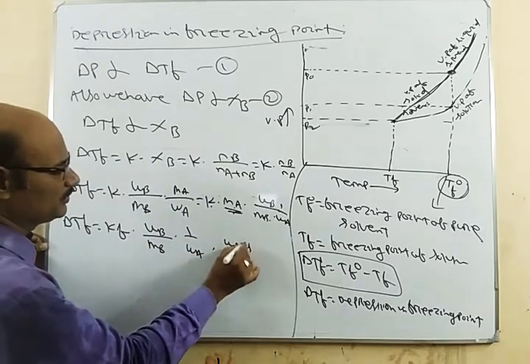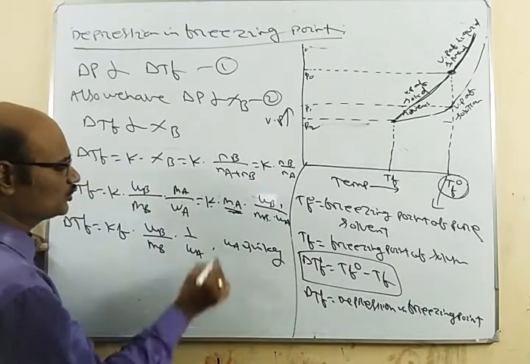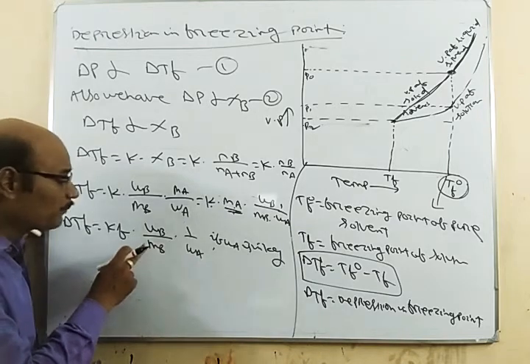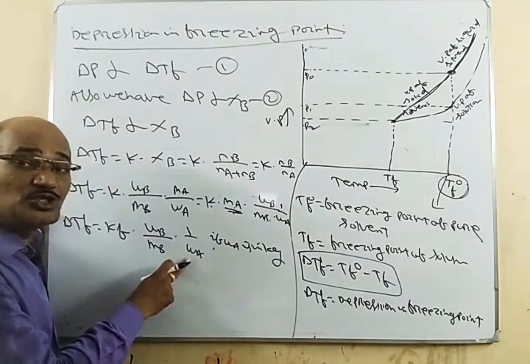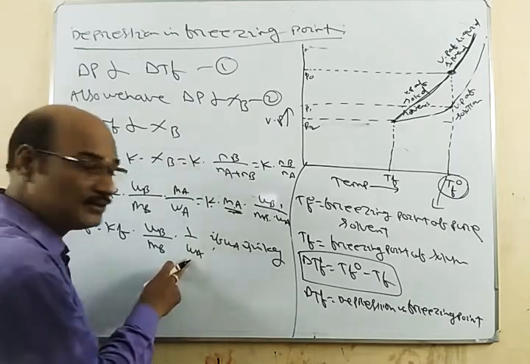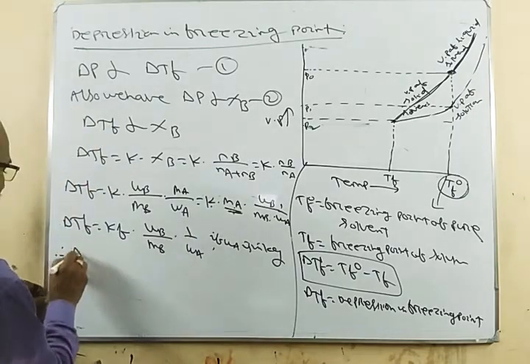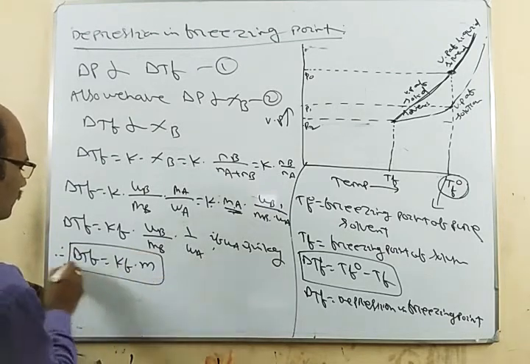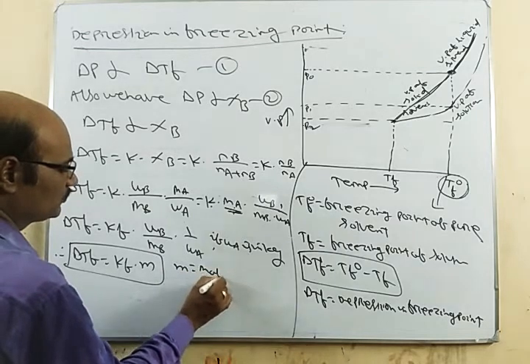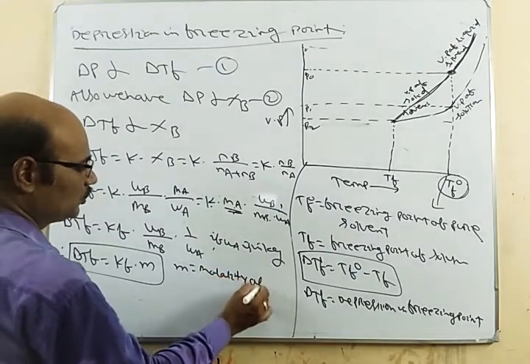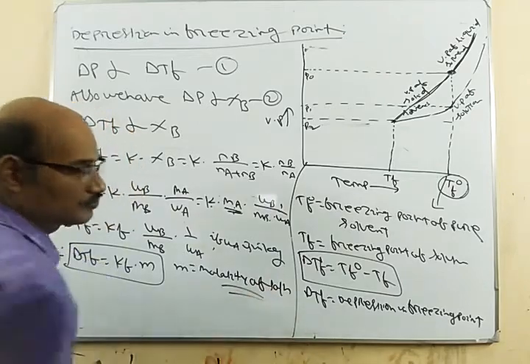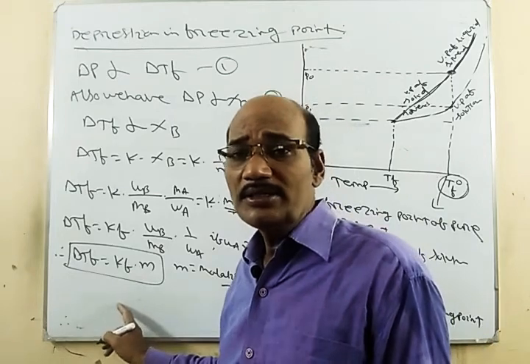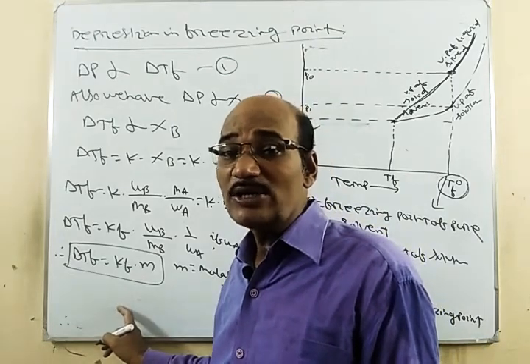WA is in kg. Okay. So WB by MB per kg of solvent, the number of moles of solute present per kg of solvent, is equal to what, the molality. Therefore delta Tf is equal to Kf into m, where m is the molality of the solution. Okay. So here Kf is called what,